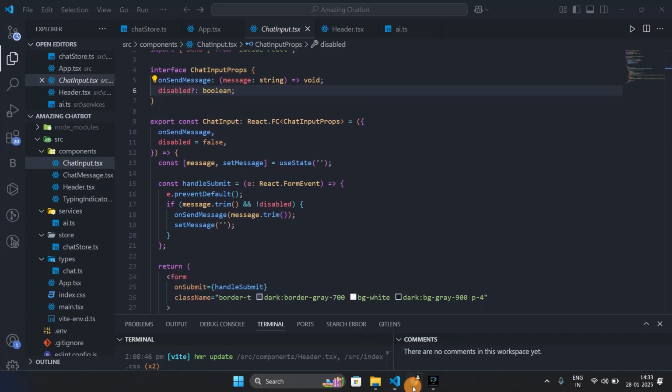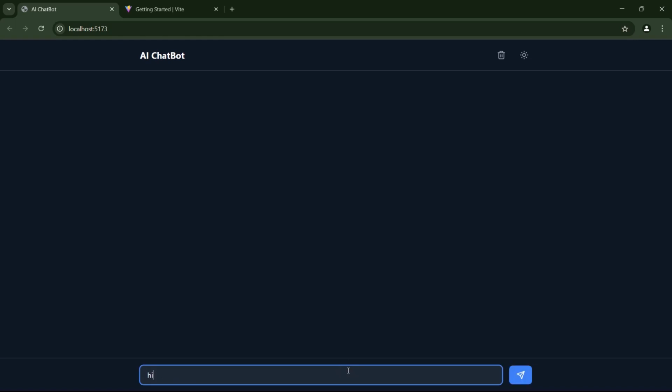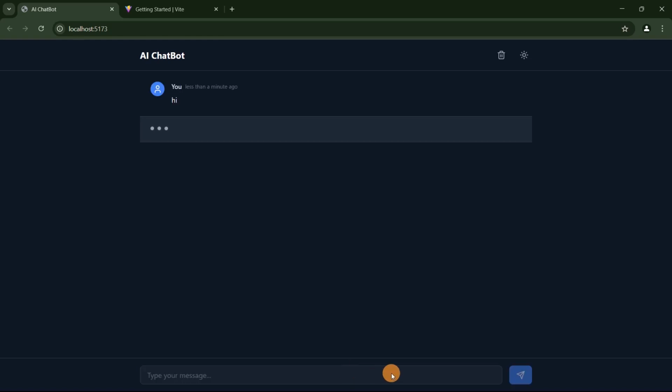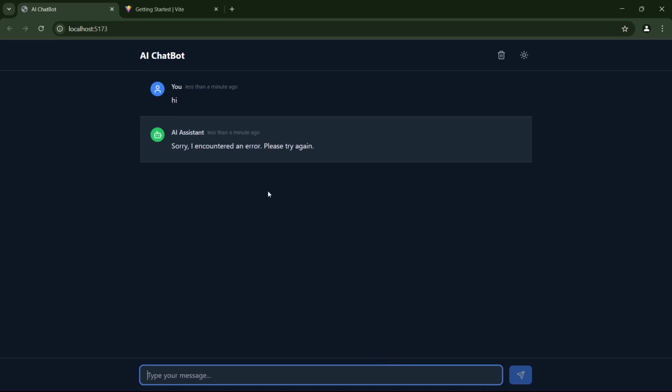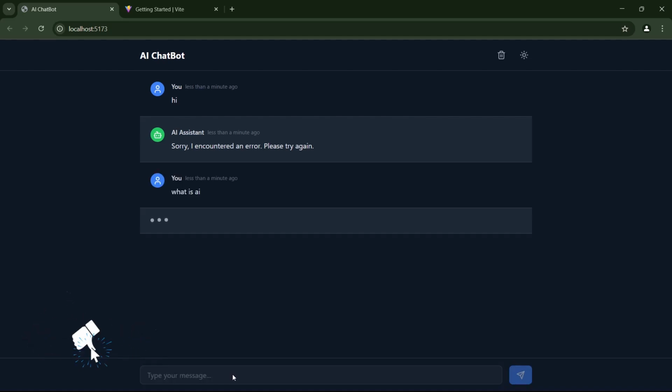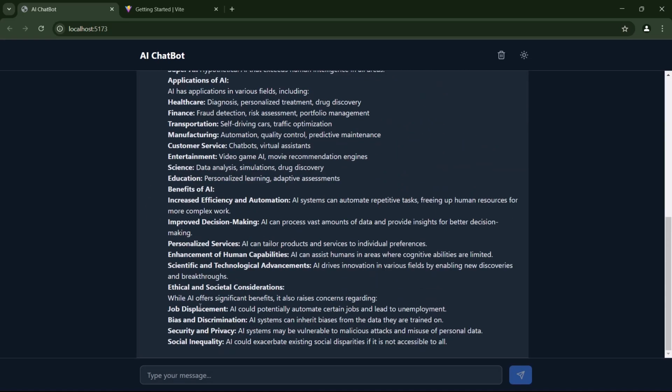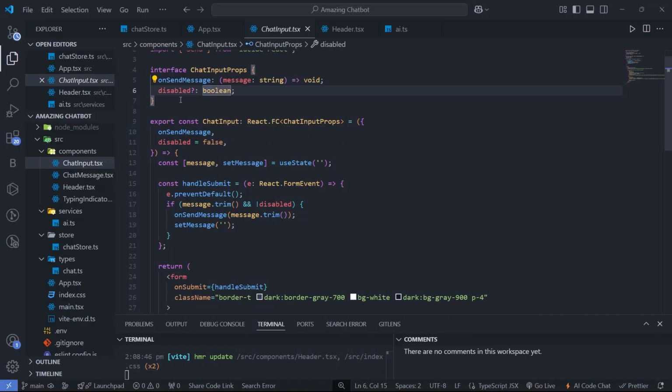Whenever we send a message, like hi, you can see that we are unable to type. After the response we get, we can type in the box again. Like, what is AI. When you press enter, you can see that we are unable to type something, because we still have not got the response from the AI. After getting the response from the AI, now we can type another message. So for that we have used